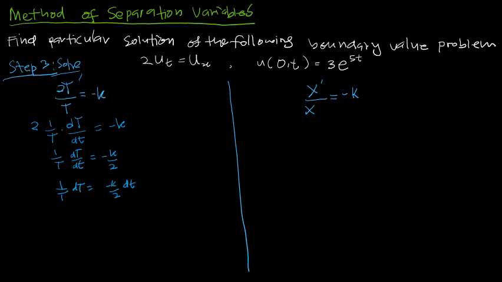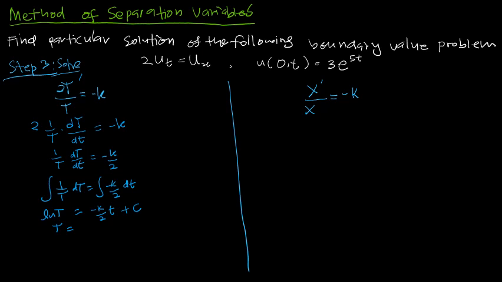So we can use the separable equation method. We have already rearranged, so we can integrate both sides. Integrating 1 over T dT, we get ln T equal to negative k over 2, which is a constant, so we integrate with respect to t, we get t plus c. We just put c on the right side, it doesn't matter if you want to put it on the other side. Remaining T on the left side, we take the exponential.